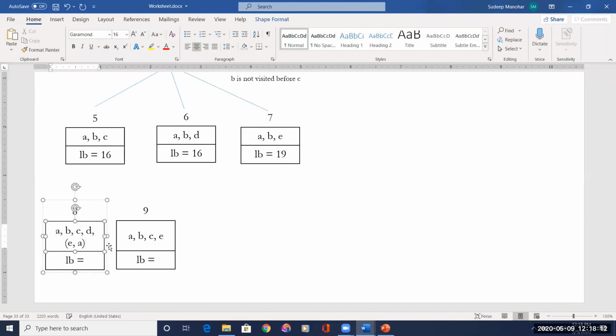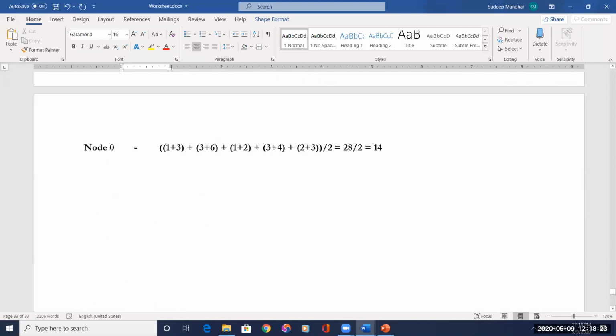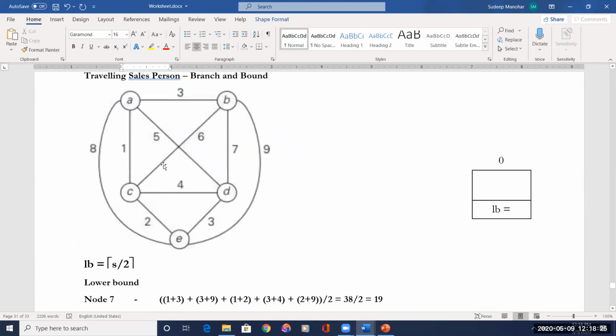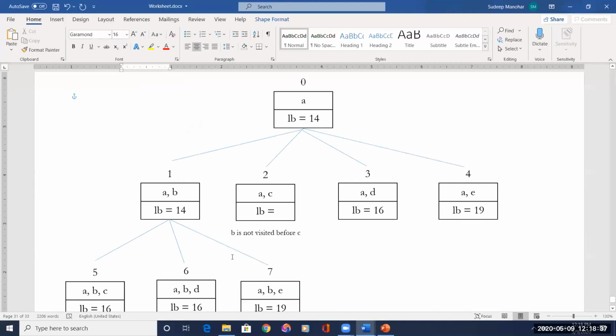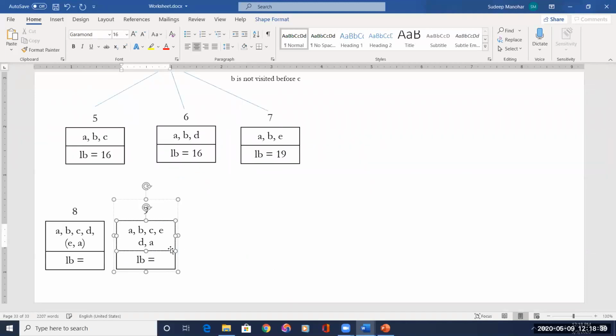Write this in bracket. What is the option for this? You have reached E, from A, B, C, you have reached E. What is the option? You can reach D. See if there is a path to D. From A, B, C, E. So this is the path you have chosen. A, B, C, E. There is a path to D. From D back to A, there is a path, isn't it? So it is D comma A. So write it in bracket.